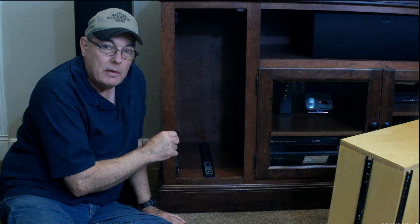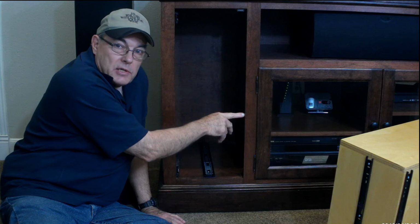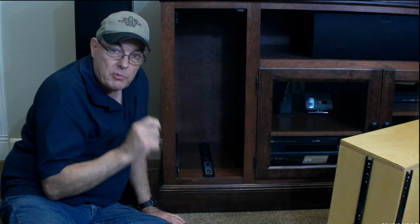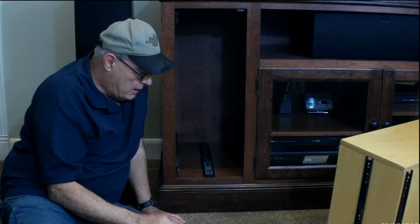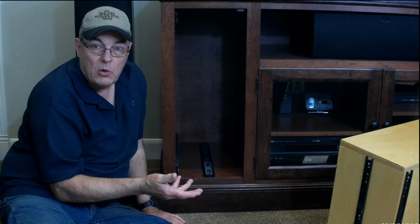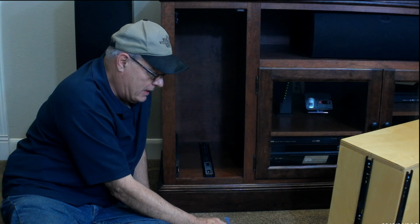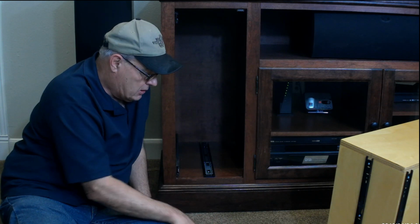However, I have an inset door. In other words, 3/8 inches of the door insets into the cabinet. So I've got to subtract for that also. So that means a 1/4 inch in the back and 3/8 in the front. That's 5/8 total. So that would make my drawer depth 19 3/8 inches. So for the width,